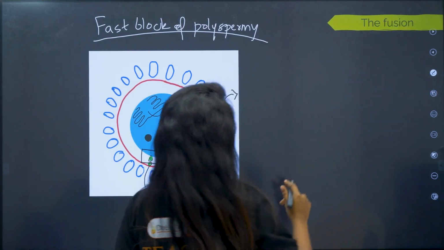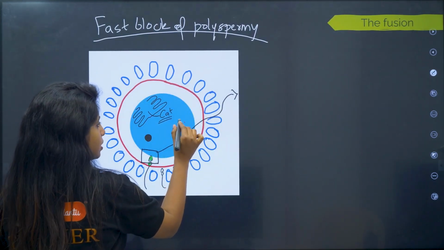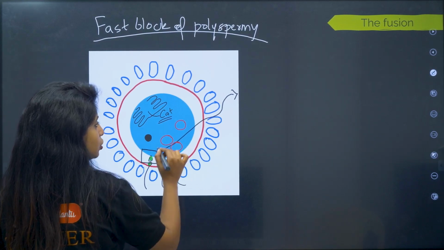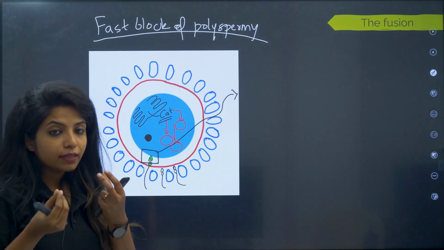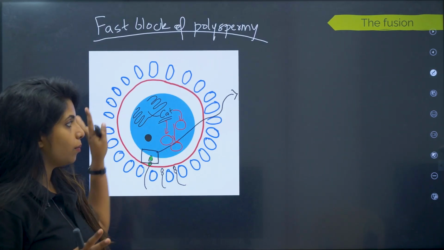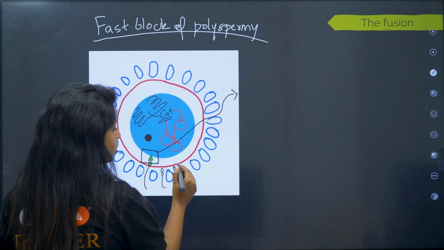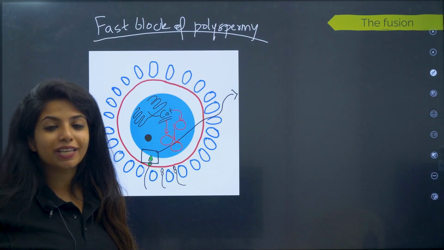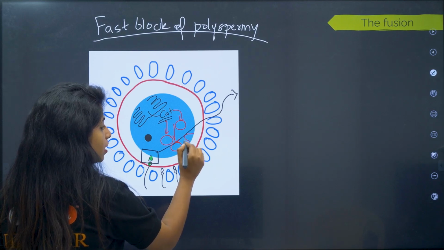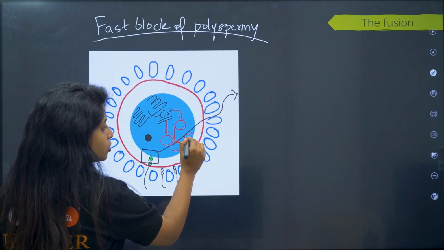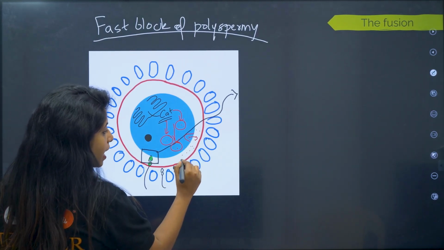By this time, I know that you might be feeling, oh, ma'am, what are you teaching? But trust me, it's going to be easy within 5 minutes. Okay, so over here, it will act on the cortical granules. The cortical granules have a lot of things that could again bring out changes in the membrane. It has enzymes that can go and lyse something known as the ZP3 proteins as well. So basically these cortical granules are active. They go and slowly fuse with the membrane. Now everything which was inside the cortical granules will be released outside into the perivitelline space, and further it will go and act on the